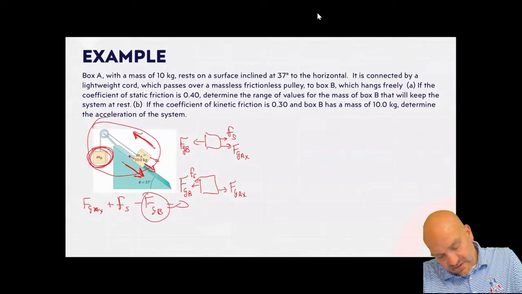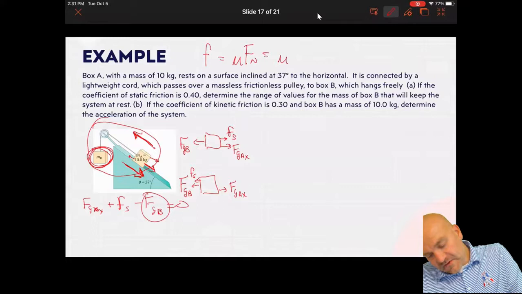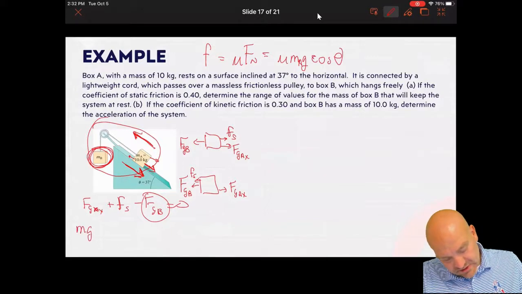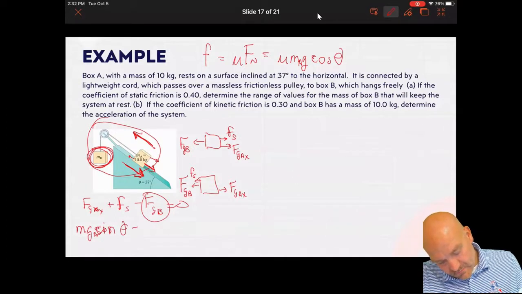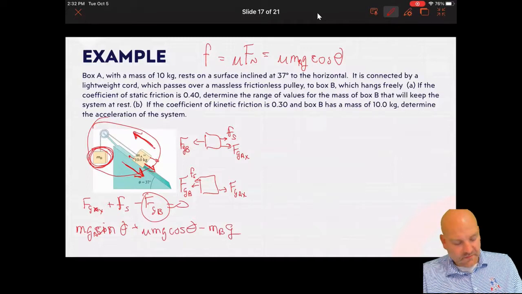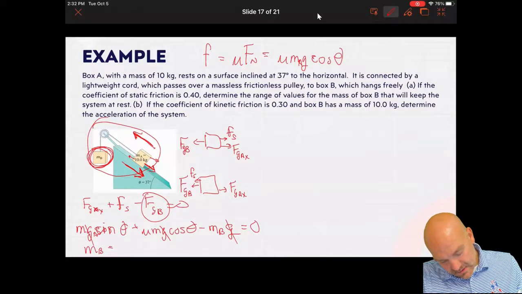Something to note is that the friction, even though it's mu times the normal force, the normal force in this case will come from the y component of A, right? And so I'm going to have m_A g sine theta plus mu m_A g cosine theta minus m_B g, and I'm going to solve this for m_B. But notice I can get rid of the g's because it's going to equal 0. And so all I have to do is add and subtract. So m_B will be m_A,